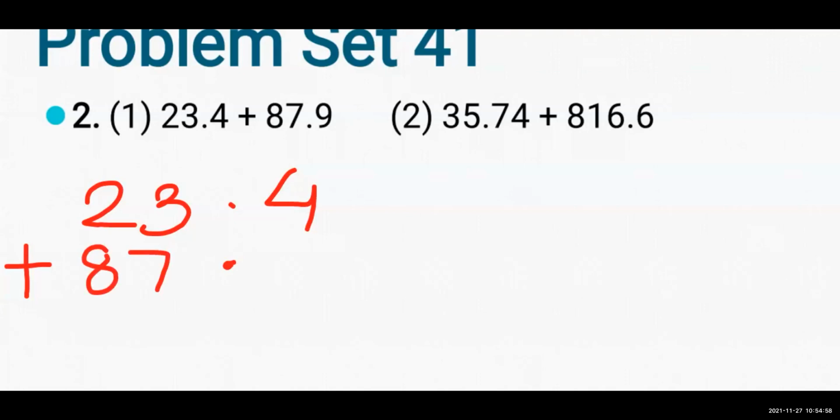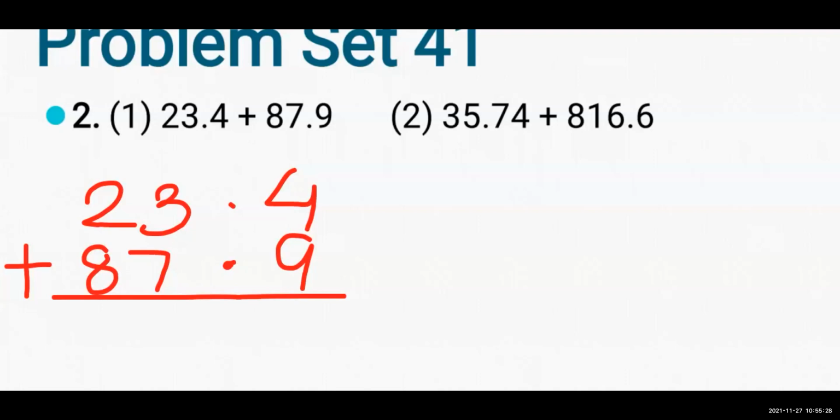Now after the point, which number is given? 9 is given. So we'll write 9. Now what will you do? You will add. Clear? In the first number I did not make any changes. Second number जब हम लिखते हैं तब आपको पॉइंट पहला डालना है. पॉइंट के नीचे ही पॉइंट ना. पॉइंट के आगे जो नंबर है आगे लिखना है. पॉइंट के पीछे जो नंबर है पीछे लिखना है. चलो नाउ स्टार्ट एडिंग. ऐड करो.